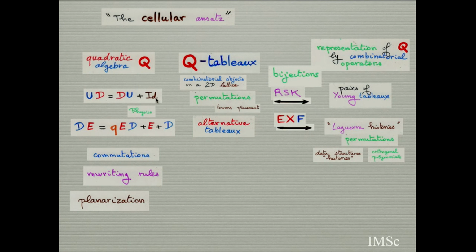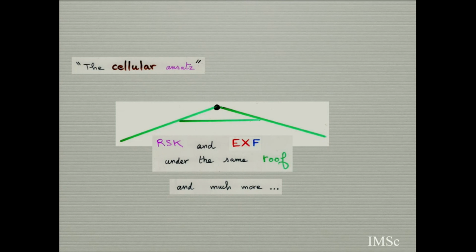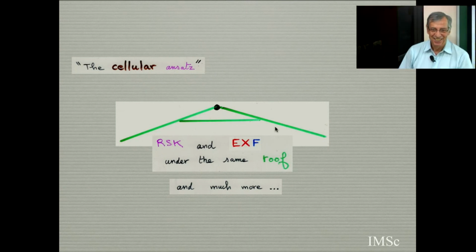So these will be my 2 main examples in the class: RSK and alternative tableaux, coming from the PASEP. And the special case q equals 0, which gives you the TASEP and will give you Catalan tableaux. So we are in the world of Catalan and n factorial. This is a very familiar world, but this will increase our garden. There will be many new bijections about permutations and Catalan numbers. So you see, we put RSK and this PASEP alternative tableau under the same roof, and maybe much more.